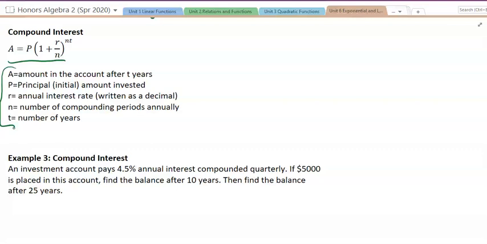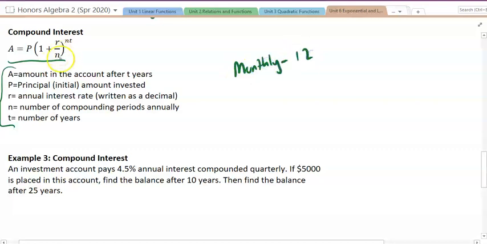And so if we talk about compounding monthly, how many months are there in a year? 12, right? So my N would be 12. If I talk about compounding quarterly, how many quarters of a year are there? Well, there's 4 quarters, right? If we talk about doing it daily,